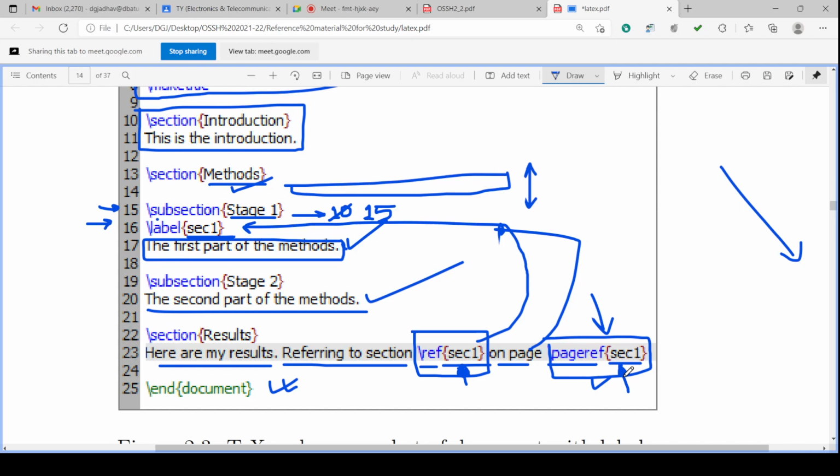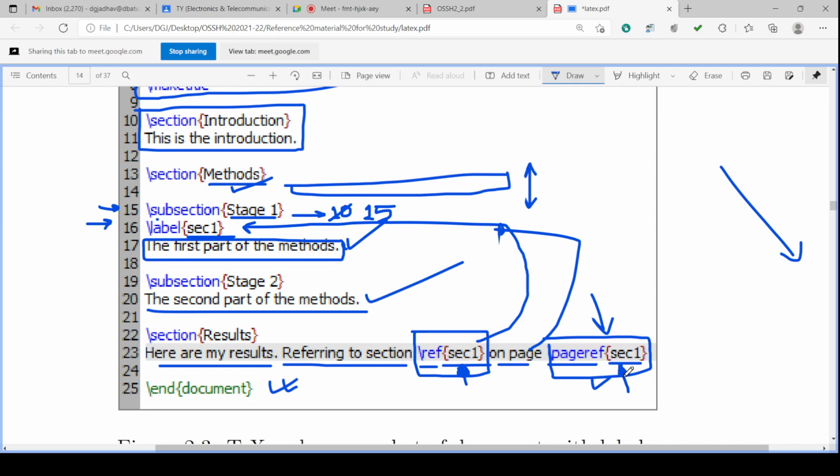In this way we can create hyperlinks, click them, and the document will directly shift to that particular section, subsection, or page number, and it becomes very easy to read, access, and use the document.